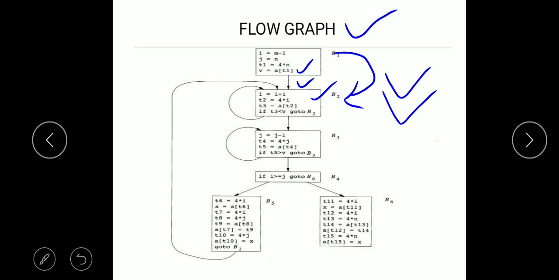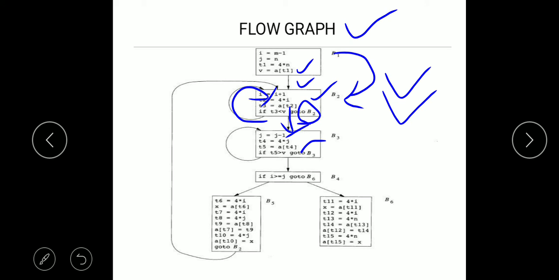Again, because there is go to B2, there would be a self loop. Okay, if the last statement of B2 is false, then basic block B3 will be executed.